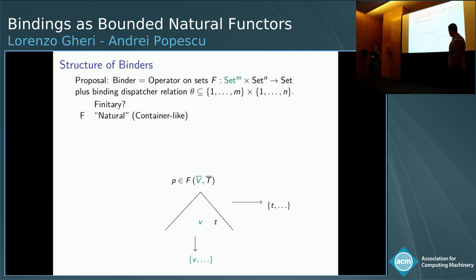Hold on. Perhaps we should not rush into assuming finiteness unless we really have to, because we want to model things like Böhm trees in lambda calculus or infinitely branching terms. So instead, we could probably develop the theory with just assuming boundedness by a fixed cardinal. So we assume that our containers will hold a bounded amount of content.